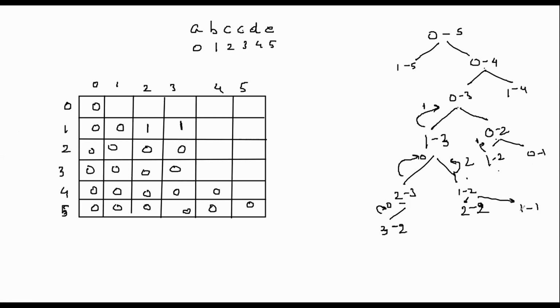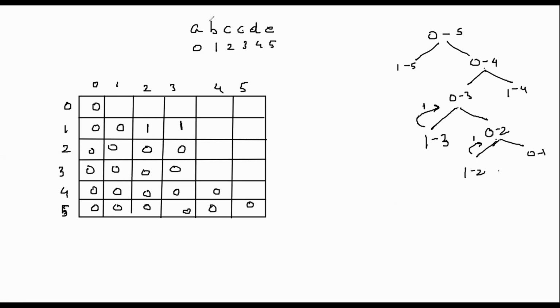I'm erasing the left tree for clarity. For 0 to 1, since these both are not equal, there are two possibilities: 0 to 0 or 1 to 1. If I add this character at the end, the leftover string would be 1 to 1, and if I add the end character, that is B, at the beginning, the leftover string would be 0 to 0. We know the answer for 0 to 0, which is 0, so this would return 0. We know the answer for 1 to 1, which would also return 0 since it is stored. So the minimum among these is 0.